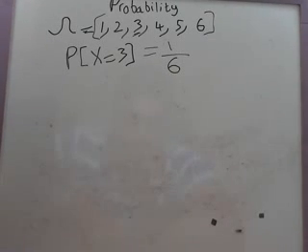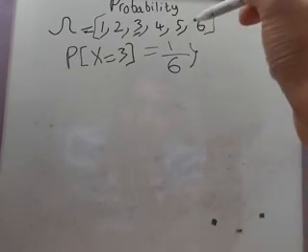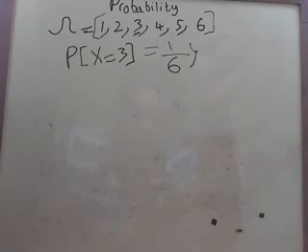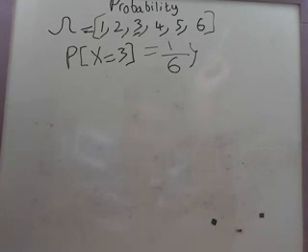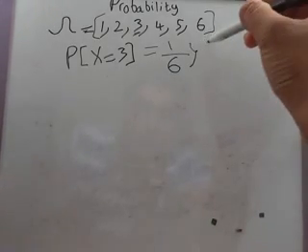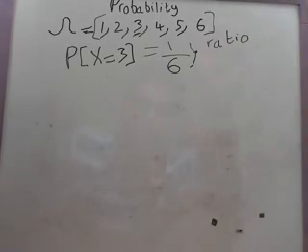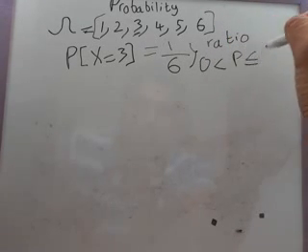So all of a sudden, we have a probability that when I roll a die, I get a 3, is 1 over 6. Now let's talk about the properties here. So the probability of rolling a 3 on a single die is 1 over 6 on a fair die. Okay, I mentioned that before too. It's a fair die. So what are some of the properties that this particular thing entails? Well, first of all, it's a ratio. It's allowed to be a ratio, but probability is also a number between 0